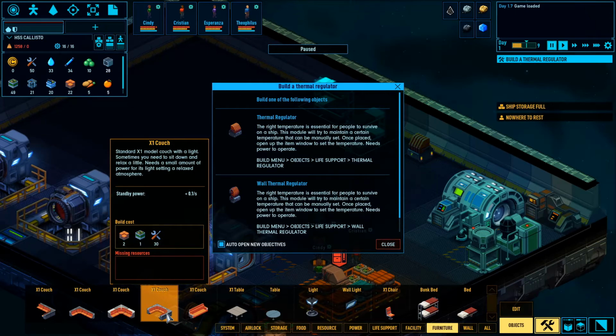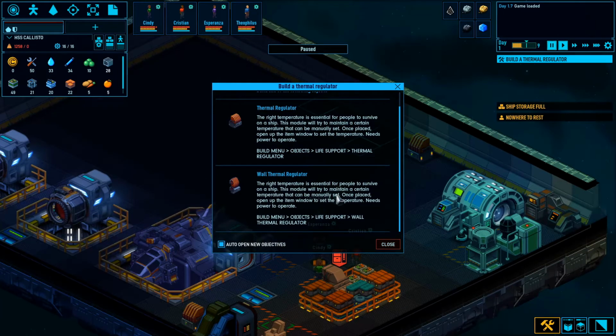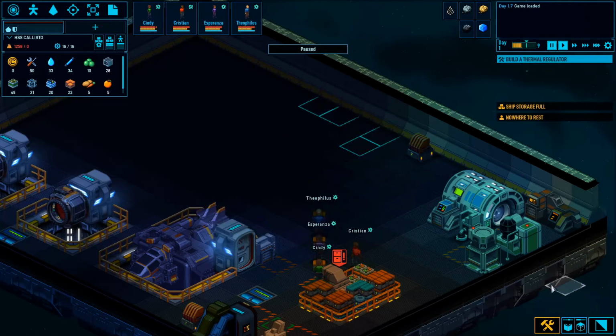Needs a small amount of power for its light setting. A relaxed atmosphere. Oh, wow, that thing is huge. Oops, I did that wrong. Oh, thermal regulators. Okay, so now we're talking about making it heat. But there is a thermal regulator here. Excuse me, here. So I wonder...